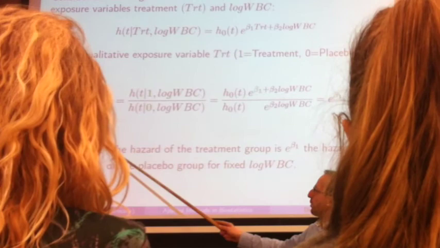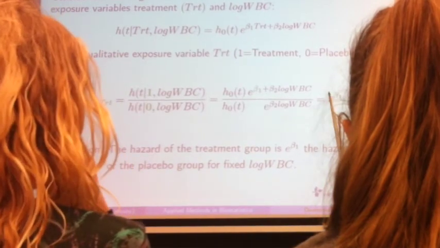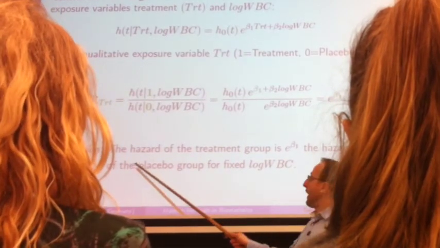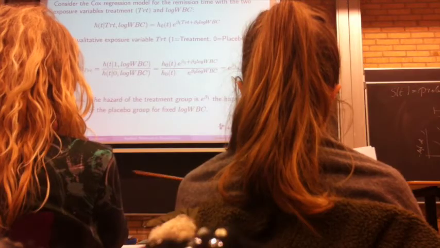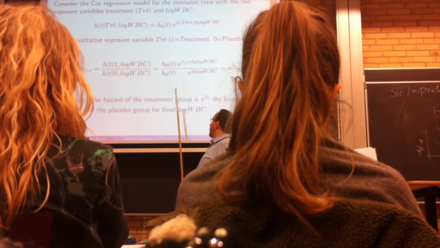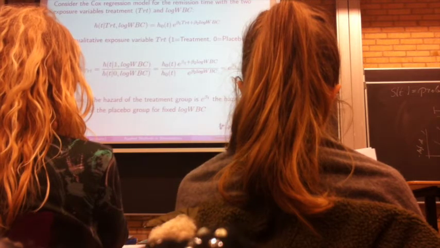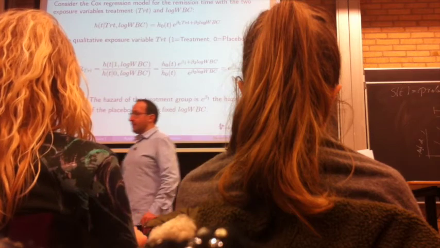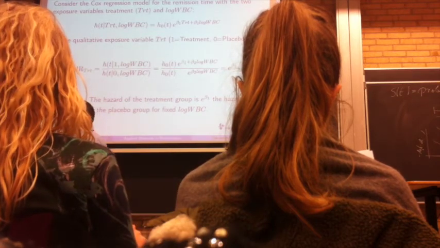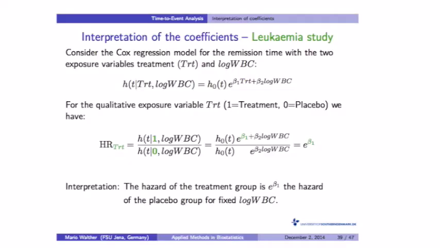And you can interpret this term e to the power of beta 1 as follows: the hazard of the treatment group is e to the power of beta 1 times the hazard of the placebo group, for fixed logarithm of white blood count cells. It's almost the same as the odds ratio or the incidence rate ratio,